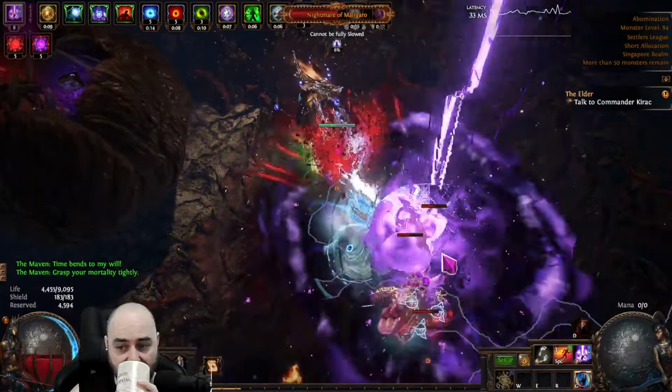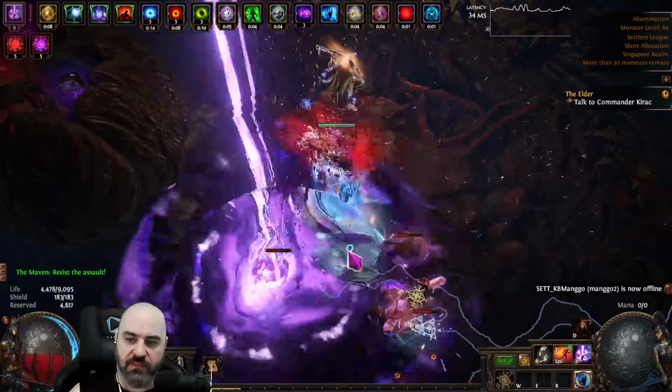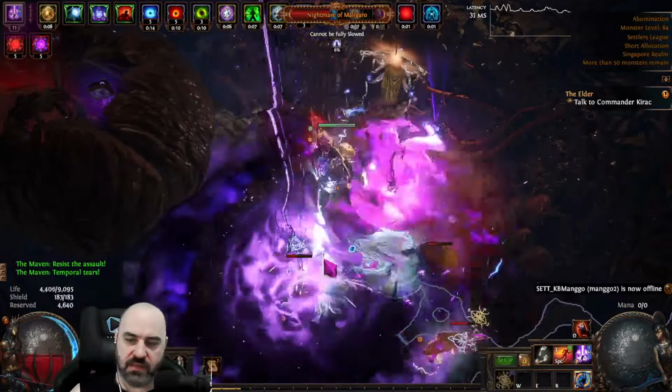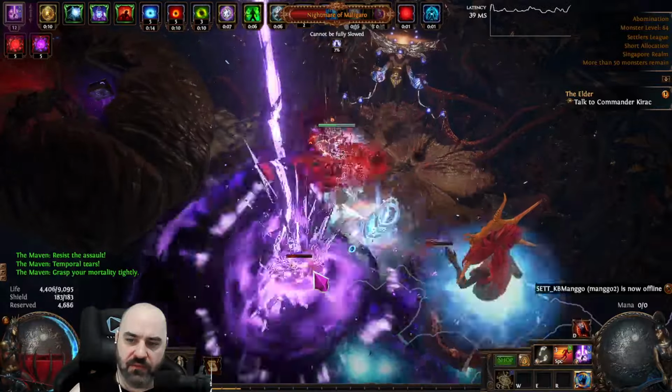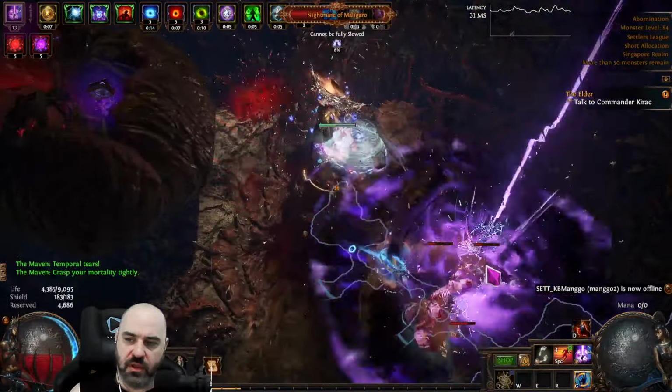Our recovery layers on the build are fairly straightforward. We have about a 1k life regen, about a 1k leech. Leech is being triggered by cast when damage taken, essence drain, and hex blast. We have life recovery from stunning hits via a very cheap blood notch jewel. We have life recovery on hit,